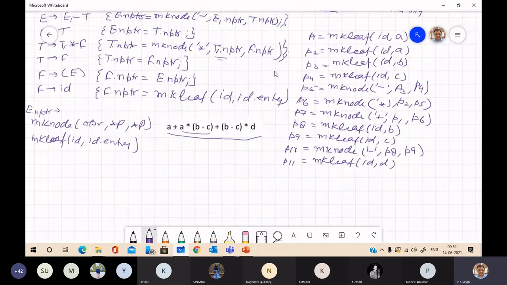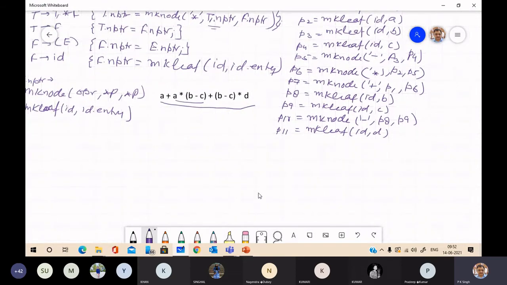So the make node function for multiplication: P12 is make node asterisk, B minus C. We have computed B minus C in P10, and D is in P11.